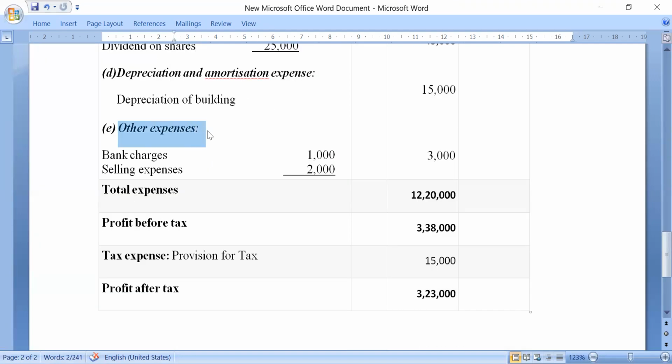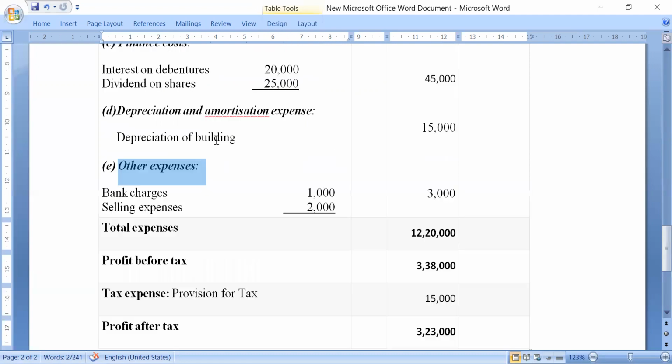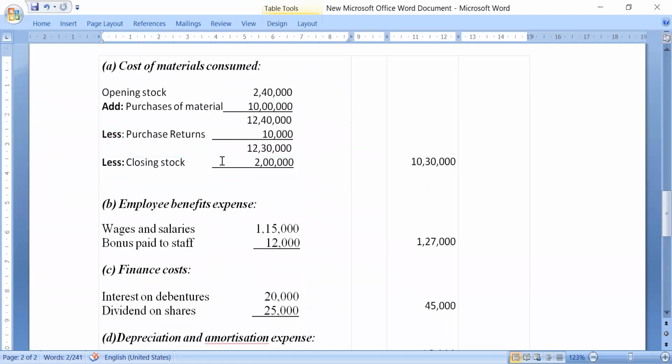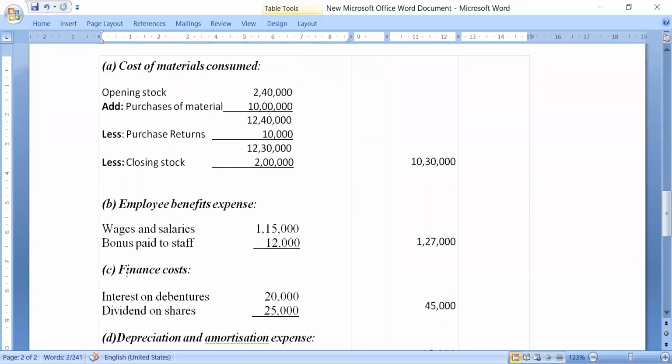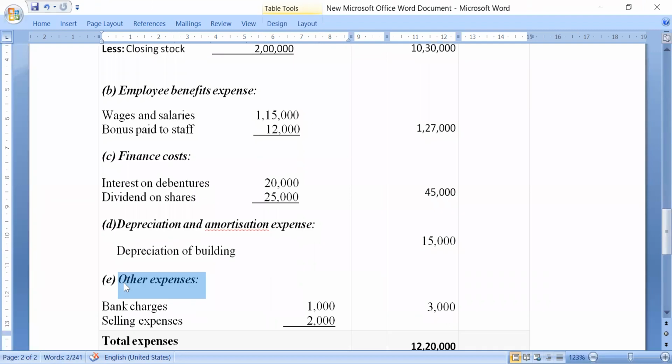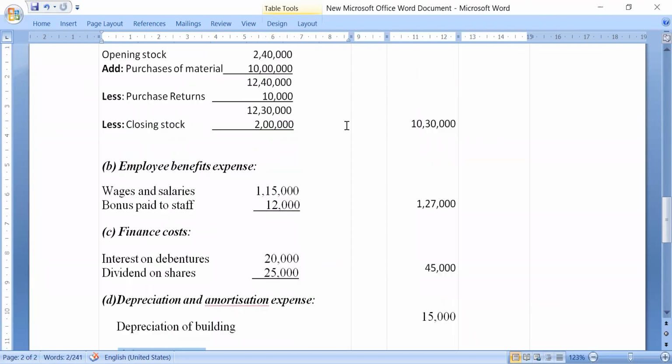This one, other expenses. So in this question, some items are not there. You see there are headings, na? C, P is not there. Then C is not there. Then E is there, F is there, D is there, O is there. So whatever is not there, for that you may write the heading and keep the amount column blank, or you may write nil or dash, and you may also avoid writing the headings.